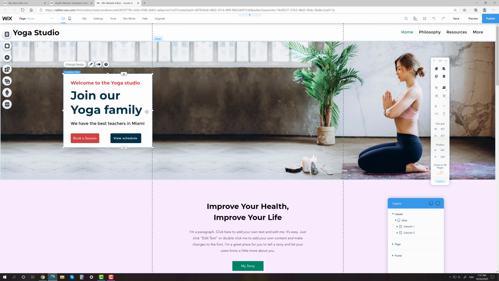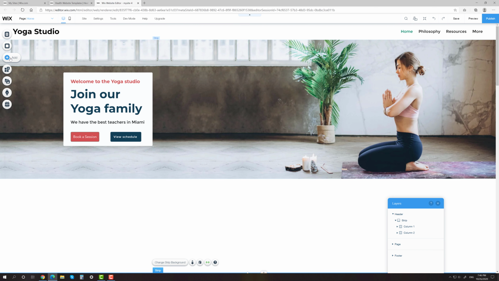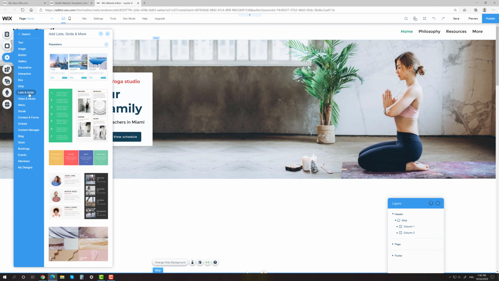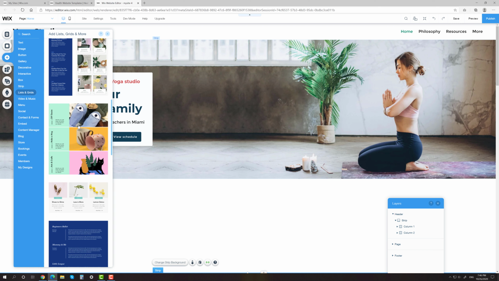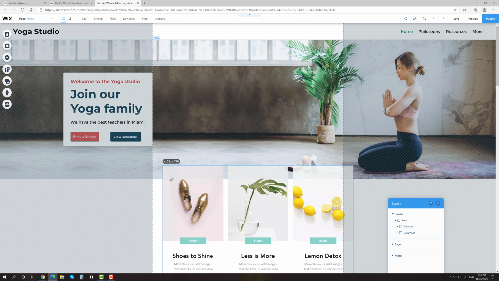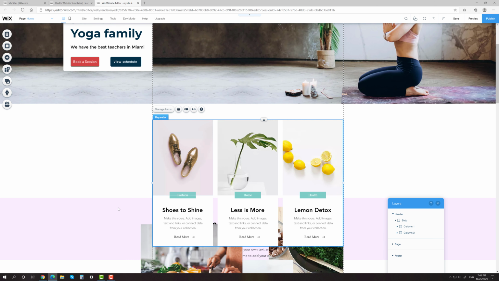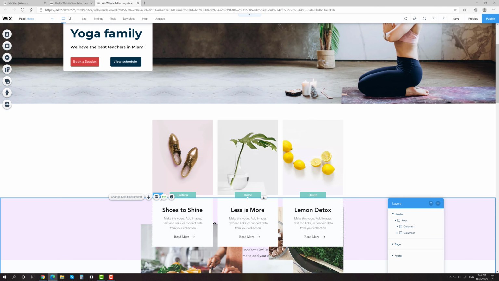Okay, now how about adding a grid with our programs? There is a special category for this purpose called Lists and Grids. I will select this one and change it as I need. Let's delete the default blocks to make room for new ones.